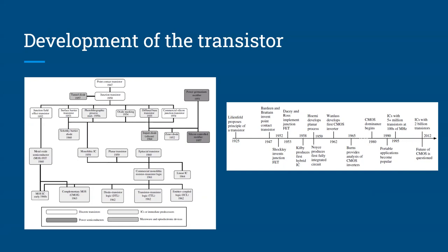They called it the trans-resistor, and later just mashed the two words together, and now it's a transistor. And then probably the biggest breakthrough is in 1950, where Shockley introduced the P and N junction transistor, and from there